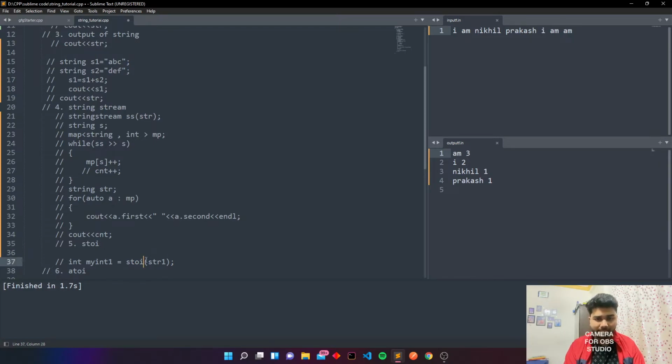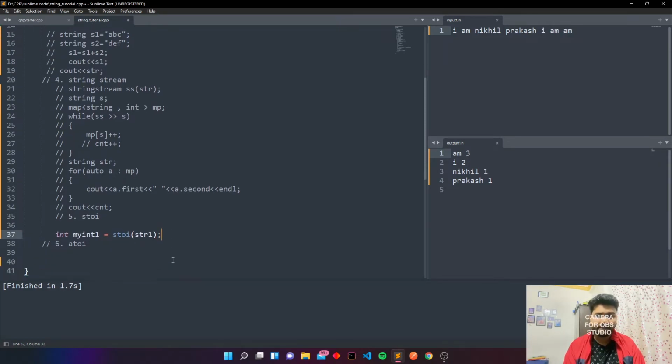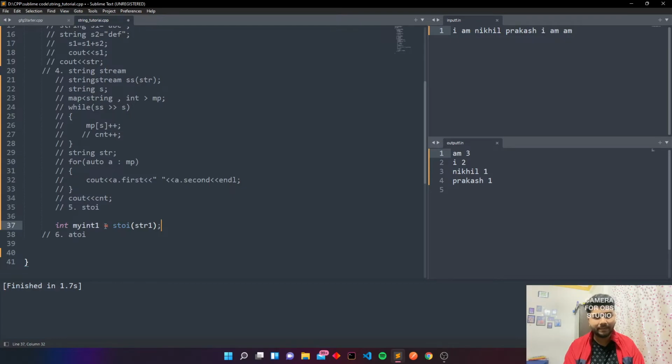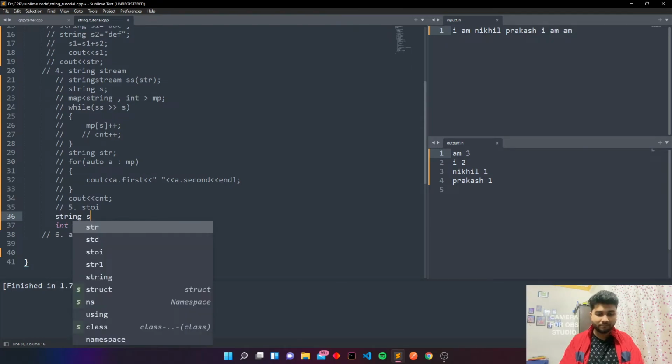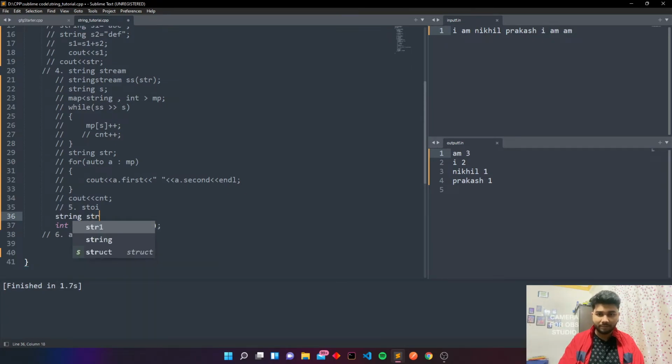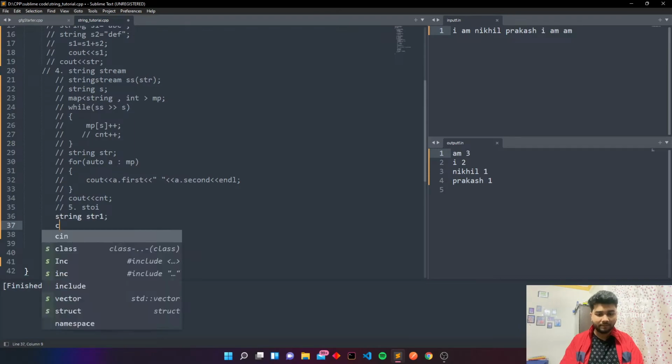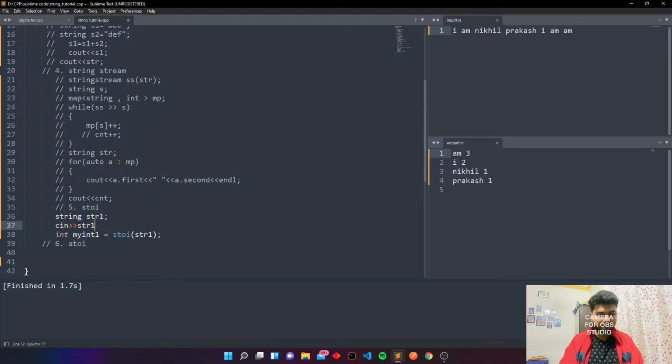So here you can see I have written this, let's say integer my int 1, okay, string str1. Now let's set some value.